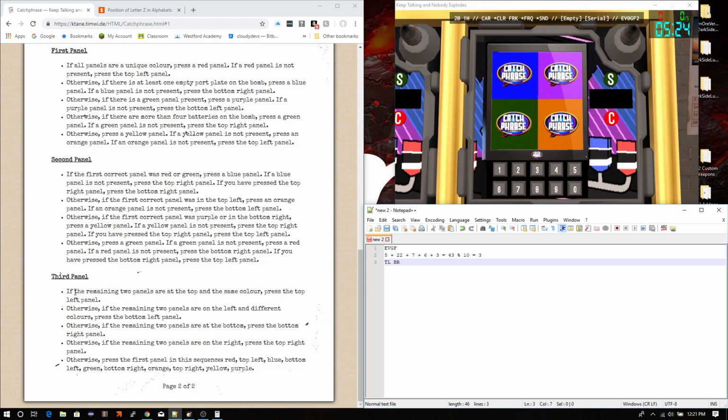Move down here now for the third one. If the 2 remaining panels, alright, so top left has been pressed, bottom right's been pressed, they're across from each other now. Are at the top? If 2 remaining ones are at the top, nope. 2 remaining are on the left, nope. Right, or bottom, and then right, nope. Otherwise, press the first panel in this sequence. So essentially, you have to read these off in order, and the first one that counts is your third panel. So,